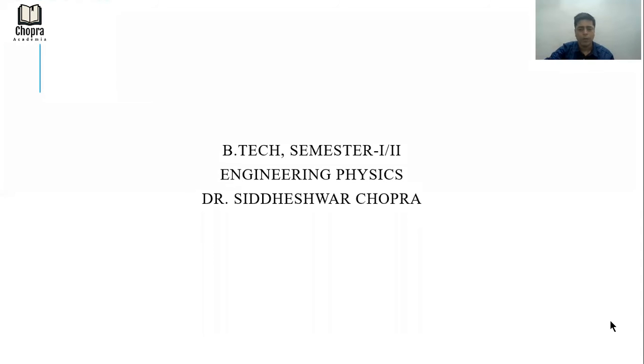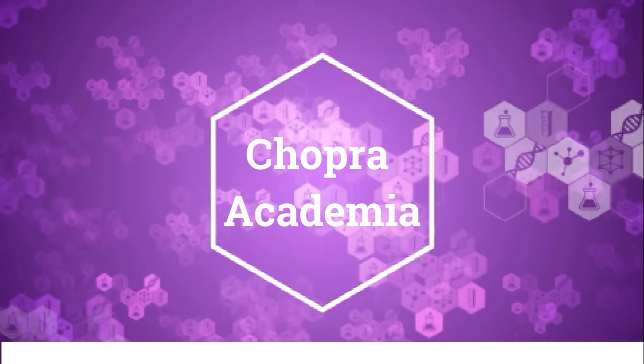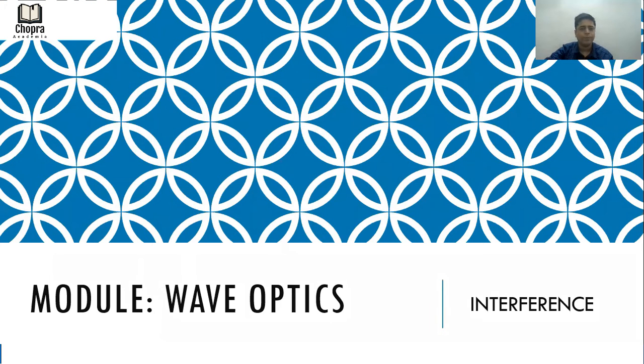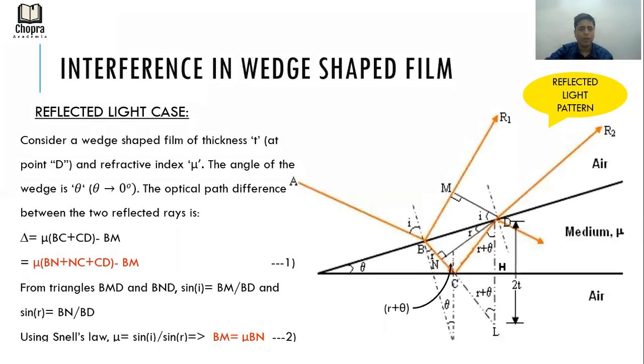Hello everyone. Now we'll do the case of interference in wedge-shaped film, which is another interesting application of interference. Like in the previous case, here also we have another thin film, but the only difference is that now this is the film in wedge shape. So this bold line is the wedge we are talking about. So this is no more parallel now.